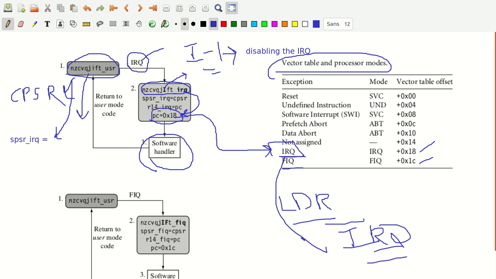Let me write these steps so it is clearer. This is the first step.